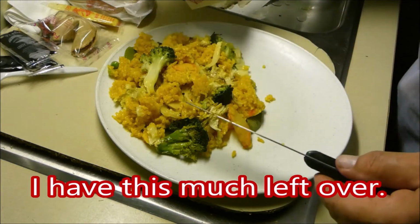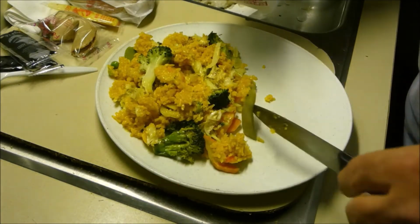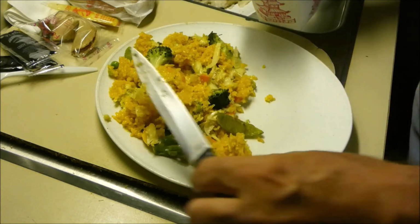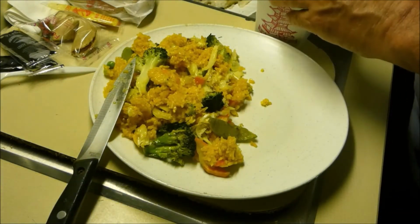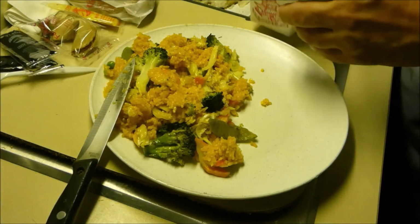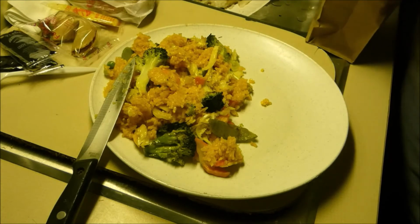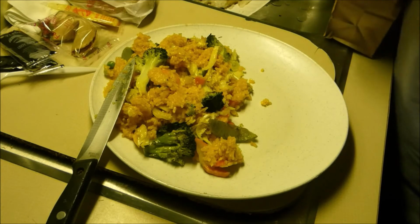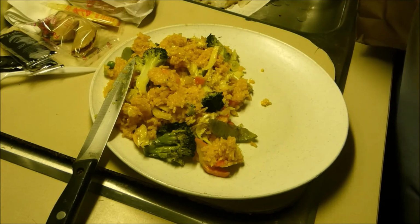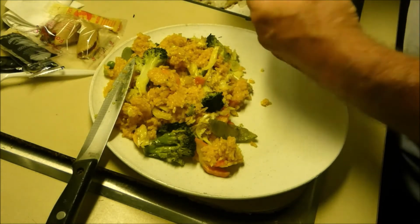Now, I want you to look at the small. I mean, somebody would say that's more than a serving anyway. I have that much left over. There's no telling what a large would have been. So that was $6.50 for the fried rice, vegetable fried rice, which half of it goes in the refrigerator, and an egg roll,